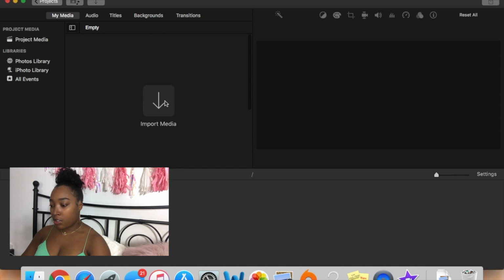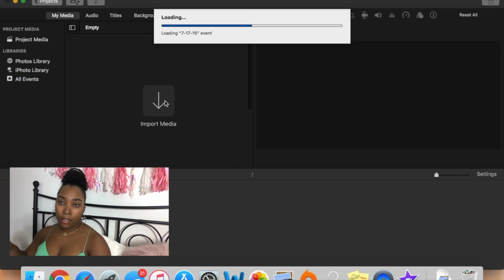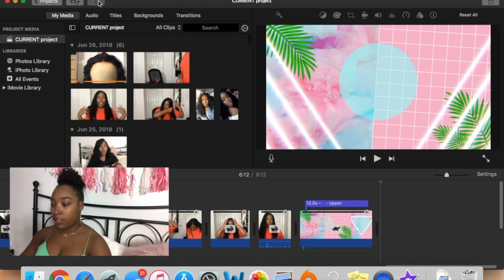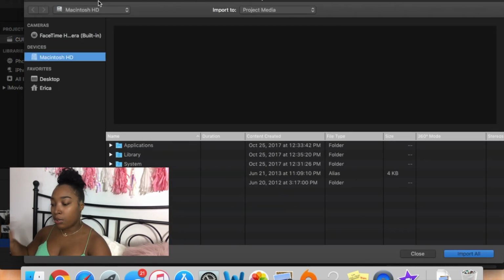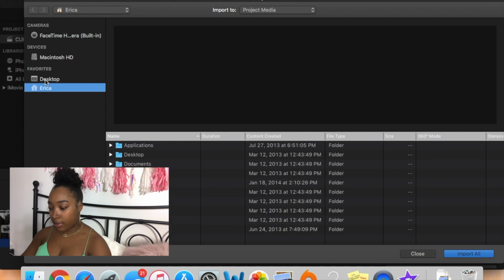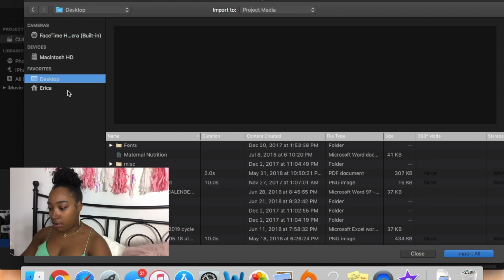and you're going to import the downloaded intro template. You're going to import that as a file into your iMovie or Final Cut Pro or whatever editing software that you use, and then I'm going to show y'all how you can actually use it. See, so first you're going to import that file, the file that you just downloaded to your computer that you got off of YouTube. You're going to import that from your downloads folder,